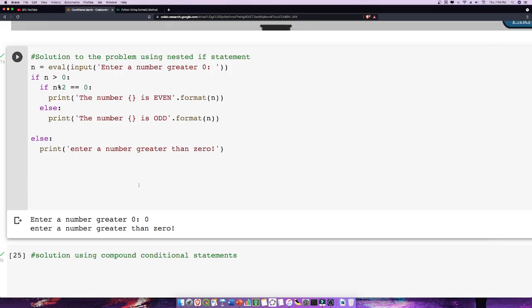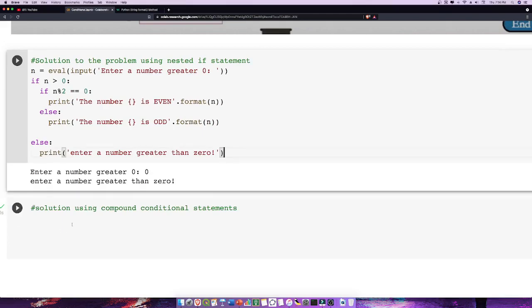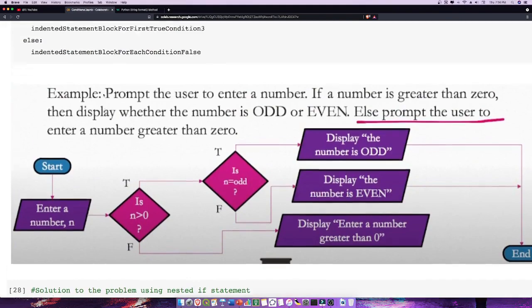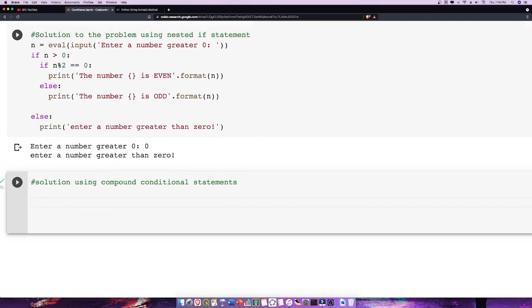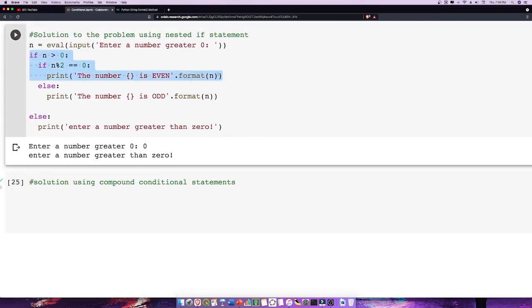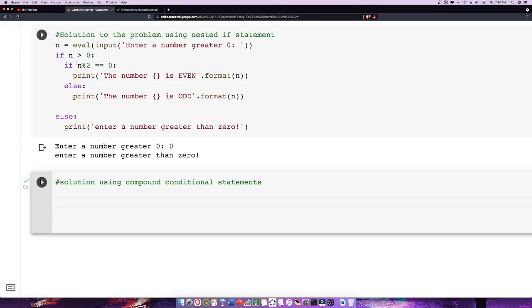Now, for our next solution, we will be solving the same problem, but this time we will be using multiple conditions. We can actually create multiple conditions, that is, if n is greater than zero, and if the remainder is equal to zero, then we will print this value. So let's start. I will just copy